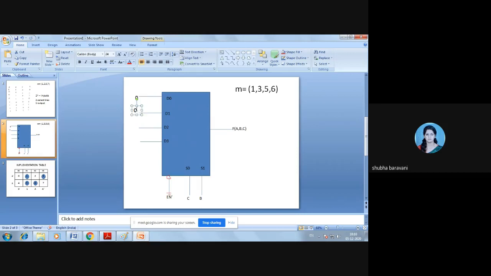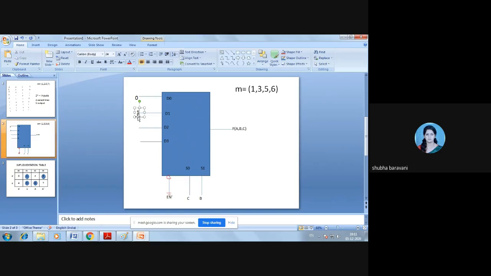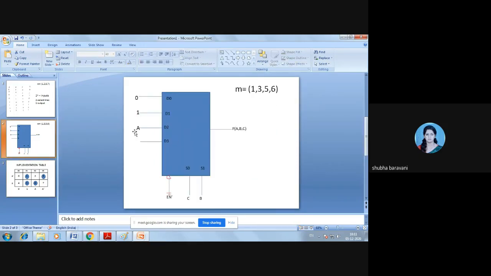Next, D2, I'll connect it to A. And D3, I'll connect it to A bar.